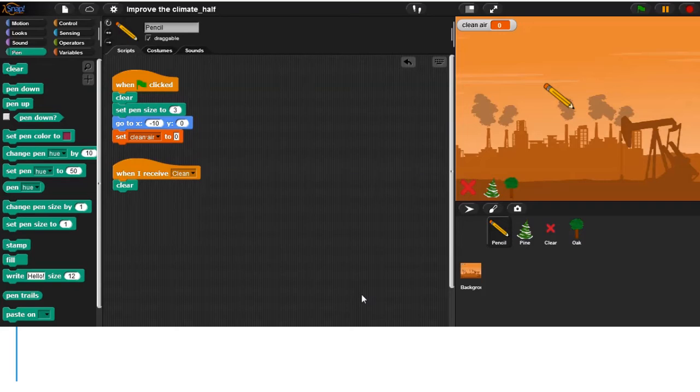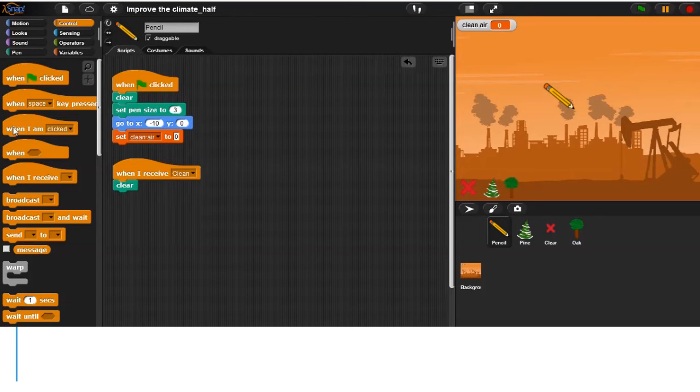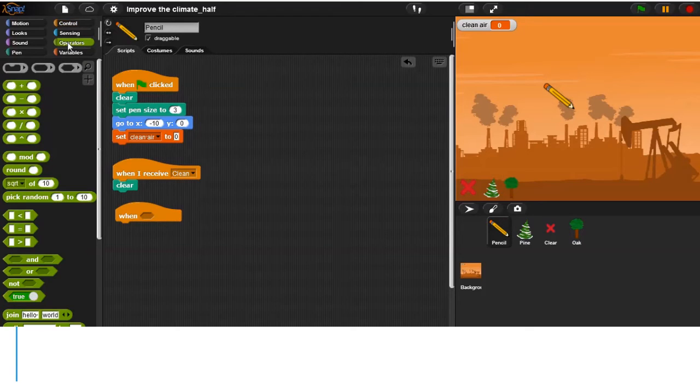Use the block when with the condition clean air is greater than 10. Send a message to the stage, grass, with the block broadcast. Use operators.